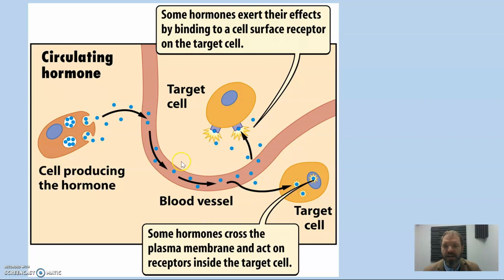If they need to signal to a cell, it'll have a receptor. Some target cells will have receptors on the surface. Depending on the type of hormone, it might signal at the surface. Other types of hormones are lipophilic, meaning they can go through the membrane and they will meet their receptors inside the cell. But only target cells that have the correct receptor will respond to that signal. But it can be diffused throughout the body. So one of the great things about the hormonal system is that this cell can signal to so many different cells within the body because that signal is broadcast.